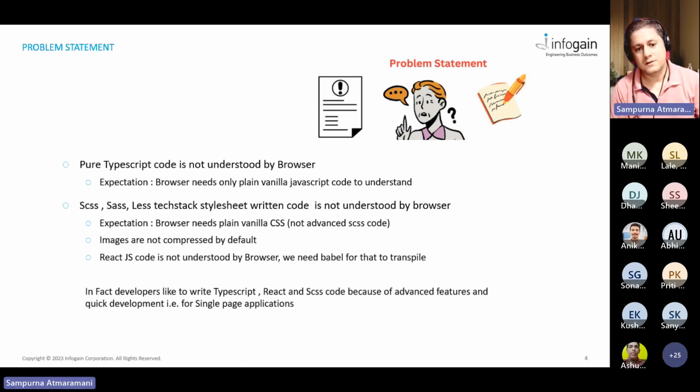Developers like to write TypeScript, React, and SCSS code because it has advanced features, is simple to write, simple to understand, and leverages single page applications. So you all know what single page applications are. The browser doesn't reload. Everything is on the client side without reloading, and it is super fast. Nowadays, most people want to work with single page applications like AngularJS, Vue.js, and React.js. So let's dive into